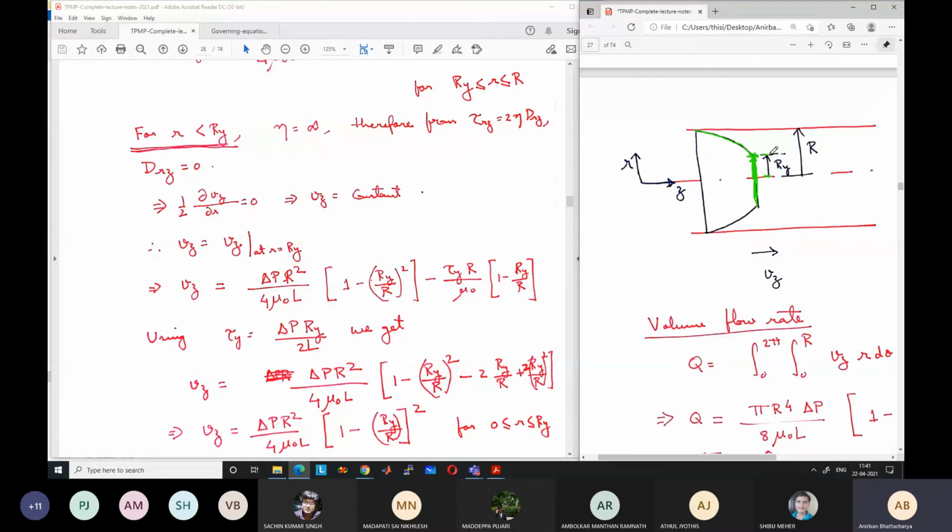So we have the maximum velocity at the center, but there is no deformation rate. It's a flat profile. There is no variation, so ∂vz/∂r is 0. And then at the outside, it behaves more like a Newtonian fluid. So it is more like a truncated Newtonian profile, you can say. Parabolic, but inside there is a flat profile.